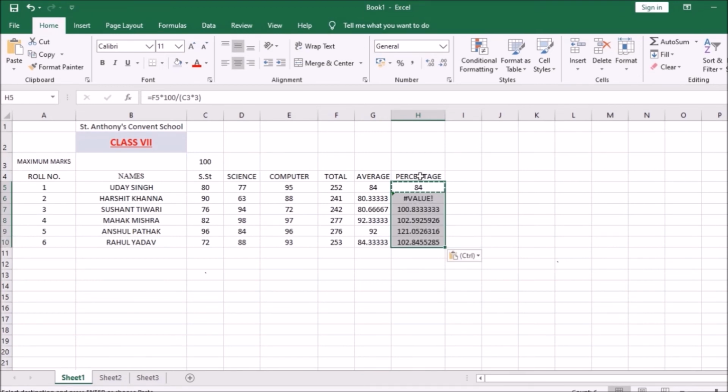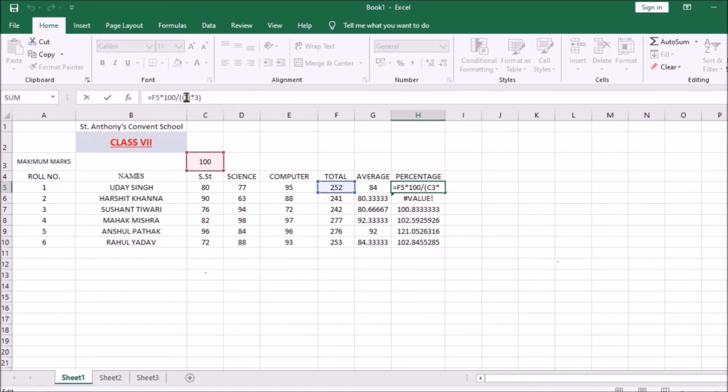you are getting an error, because due to relative address, the address changes when you copy it. It is C3. You can see, I'm clicking on 84 and this is C3. Now something has been selected, so I'm going to press the escape key to reject it.